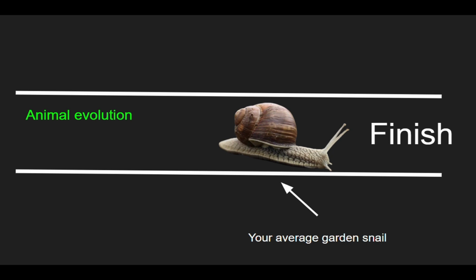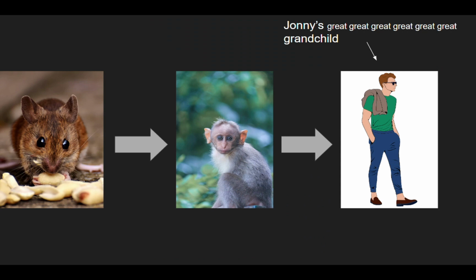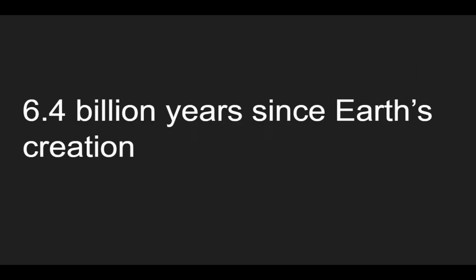In the dinosaur age, mammals used to be small rats, but as time passed, they evolved into different species of monkeys, then humans. Groups of humans started living together, forming societies, and eventually cities. New inventions also allow us to be connected through the internet, and to be able to communicate to people all around the globe. And now we are here. 6.4 billion years since Earth's creation. And it just makes you ask, what lies ahead for humanity?